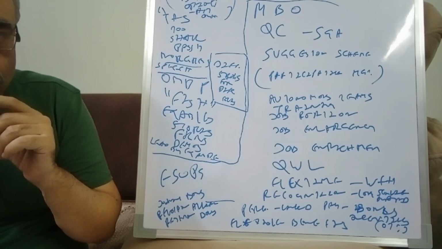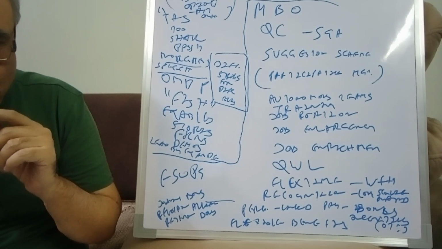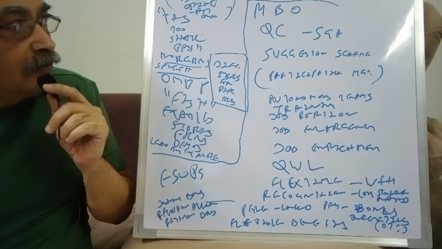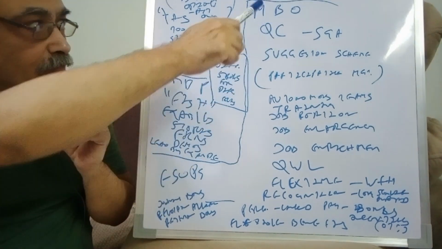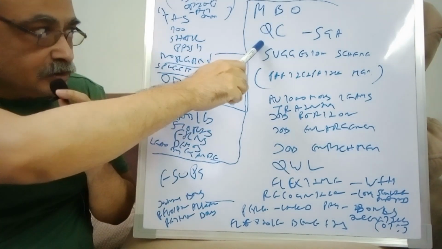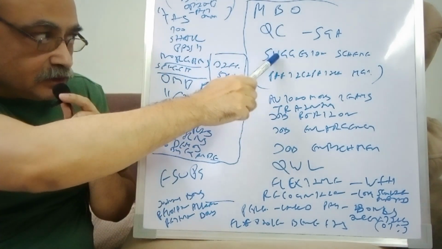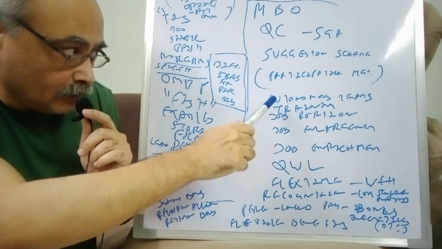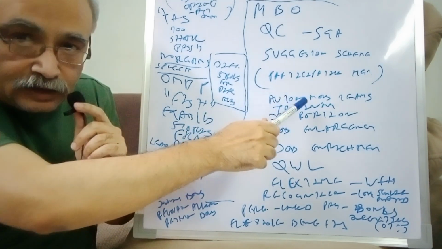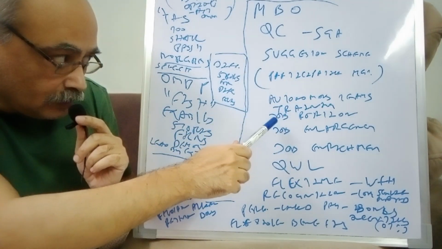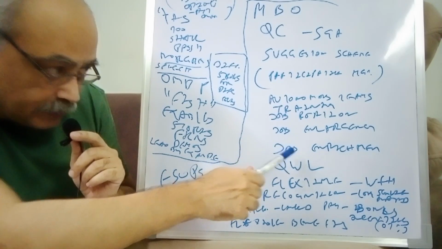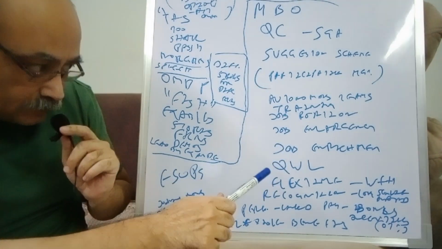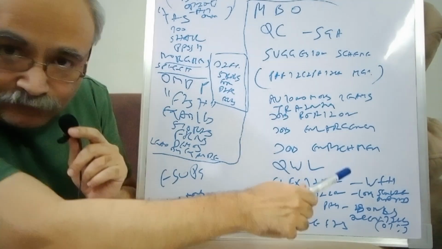Let's talk about moving from motivation theories to how to practice these theories, how to implement that. We'll talk about various topics like management by objectives, quality circles, small group activities, suggestion schemes, more of participative management, autonomous teams, training as motivator, job rotation, job enlargement, job enrichment, quality of work life or work life balance, flex time, work from home,